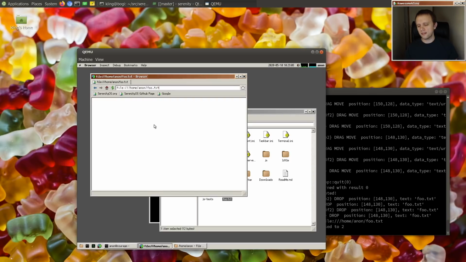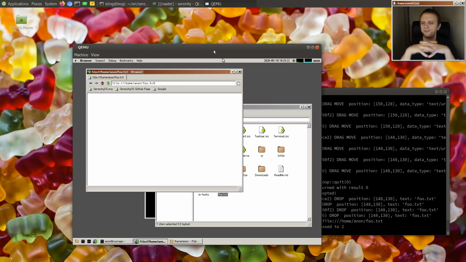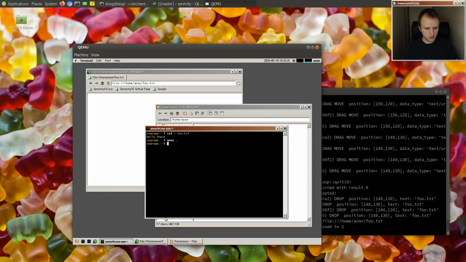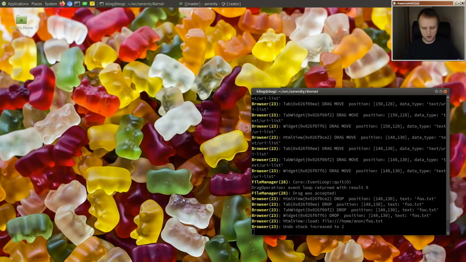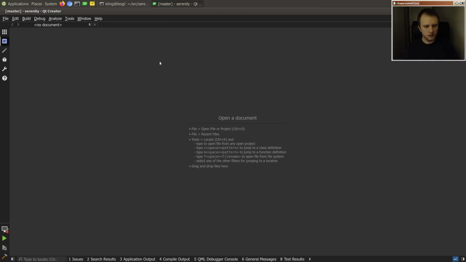And obviously, we want the browser to support loading a text file, because very often on the web, you click on a link and it goes to a text file, and it just renders it anyway, like in a fixed width font, and I think we should do the same. So, and then maybe we can also do some drag and drop stuff, actually. So let's see, let's start with,